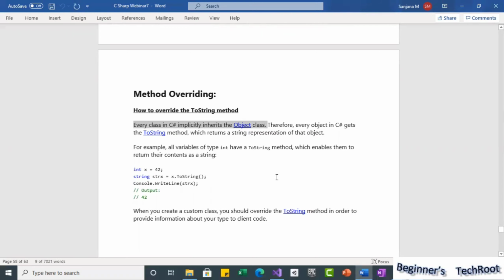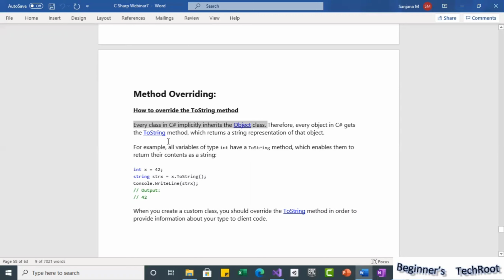Even when we discussed inheritance, we observed that every class implicitly inherits the object class. So whatever members the object class has, automatically in our class also we will get those members. So those are the various members we will be getting for our objects.